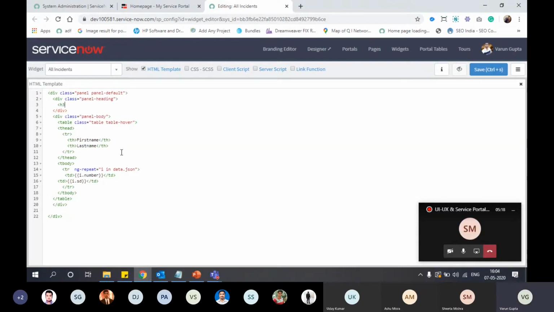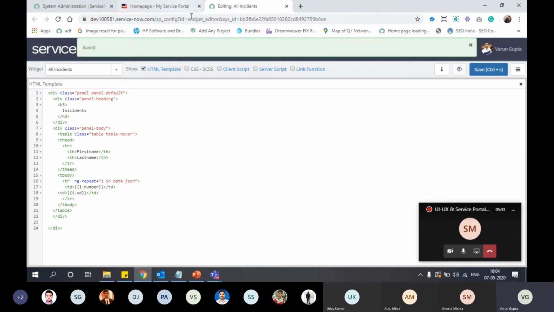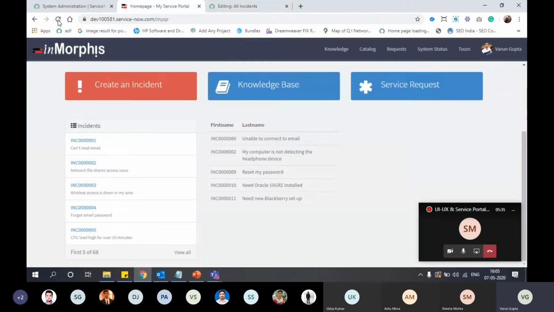Give some heading here. So we have panel, panel heading, panel body. Perfect. See and check how it works.